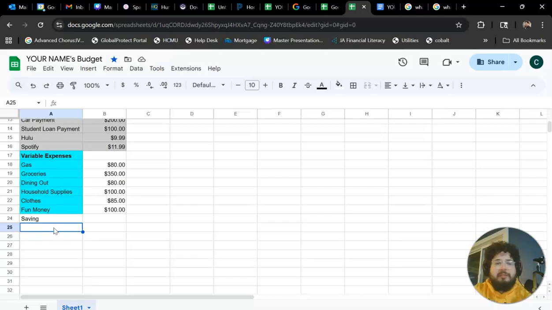So let's talk about some saving, okay? What we're going to build first is our emergency fund. This is going to be your most important saving category, because what happens if you spend all your money, right, and you have no money in savings, you pop a tire on the car, now you're in debt, or you're running to the first bank of mom and dad to bail you out, which is not what you want to be doing, because they won't be around forever, okay? I'm running a little short on time here, so I'm going to pause the video.